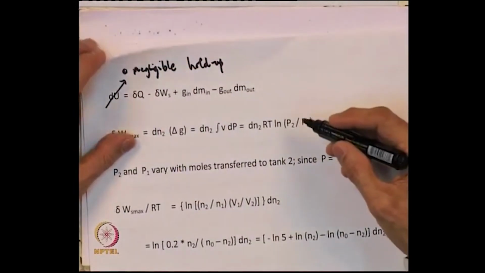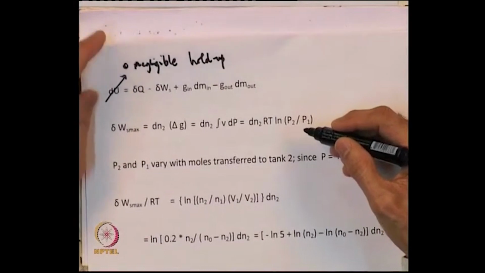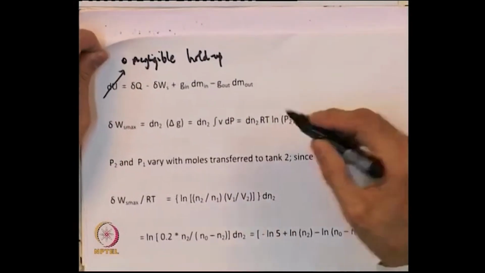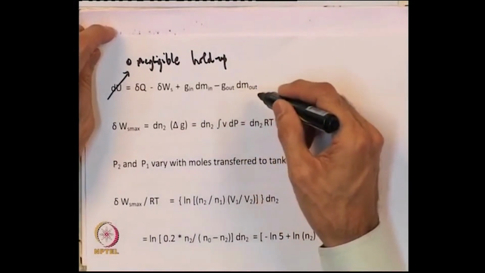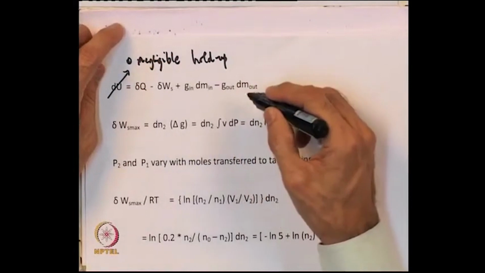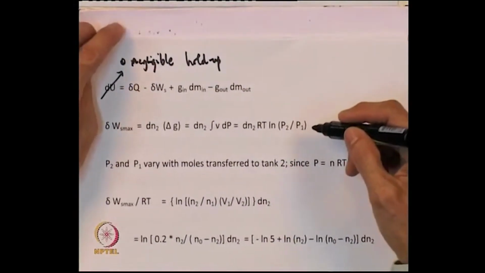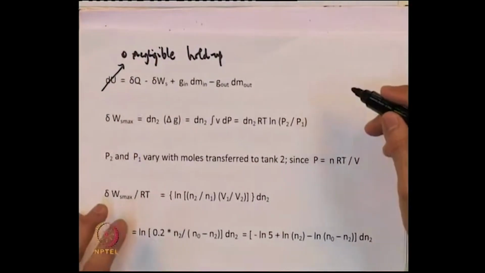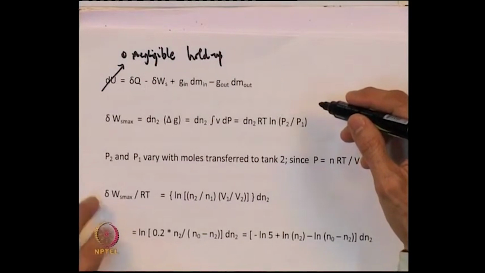So, it is negligible hold up, therefore that is 0. Then we are discussing delta Ws and G in minus G out. G in dN in is the free energy coming in, G out dN out is the free energy going out. So, under isothermal conditions we have already seen this, because delta Q is simply